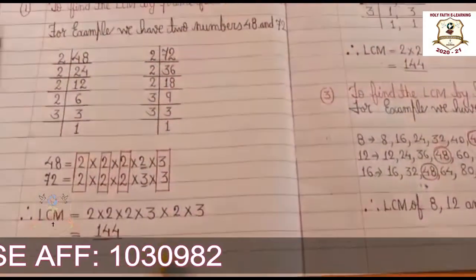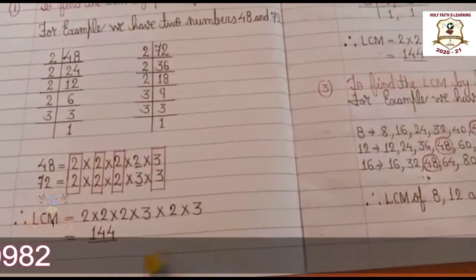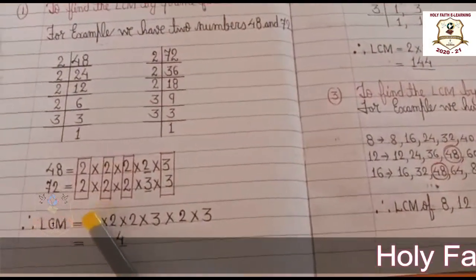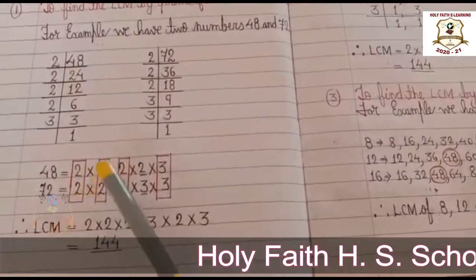Now we find the LCM. How? First we make a pair, a common pair. For example, 2 is